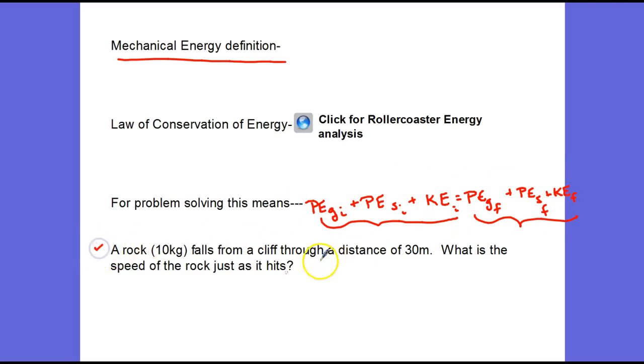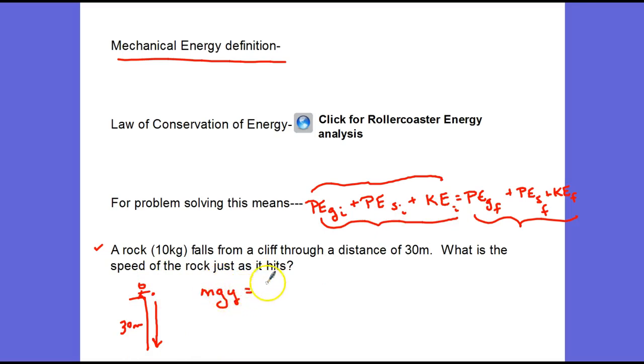An example: a rock falls from a cliff through a distance of 30 meters. So here's our cliff. It's 30 meters high, and a person drops a rock, and it falls that distance of 30 meters. What is the speed of the rock just as it hits? Well, if I look at all my types of energy, what kind of energy do I have at the beginning? Well, I have gravitational potential energy, so there's going to be an mgy or mgh. I do not have any spring energy. There is no spring in this problem. I do not have any kinetic energy at the top,